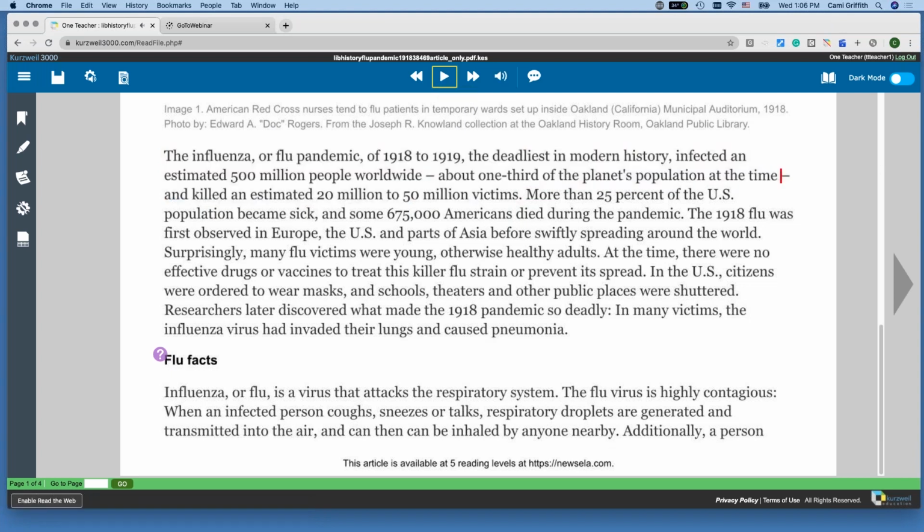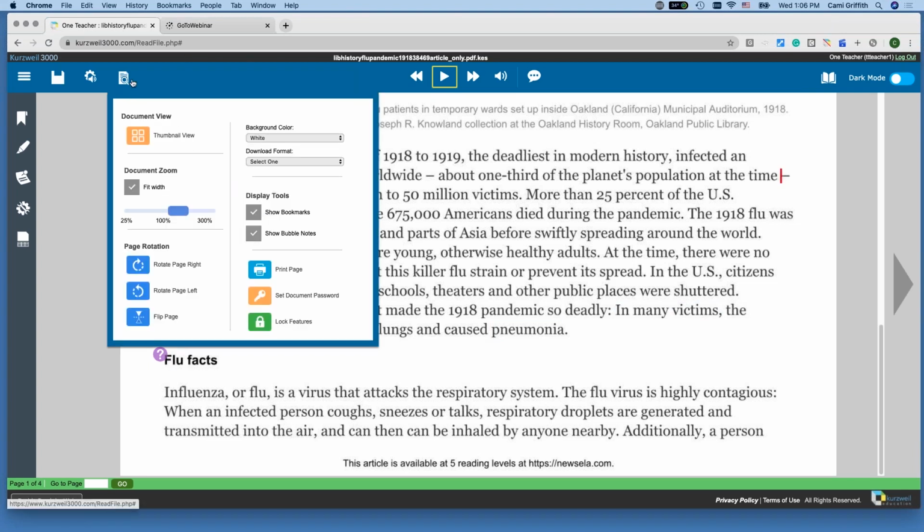Okay, and I'll pause. So Kurzweil offers additional reading preferences, and 3 more I'll show today are the document zoom, the background color, and dark mode. Changing the zoom and color can definitely help with both focus and readability. So I'm going to visit the document view button, and under the document view button, the first thing I'm going